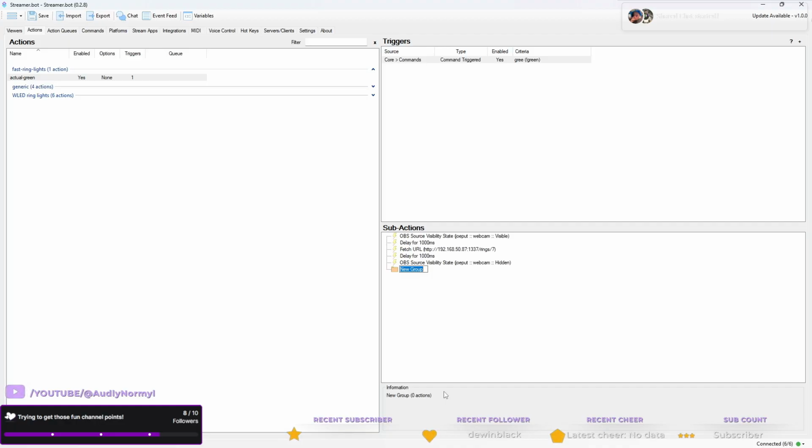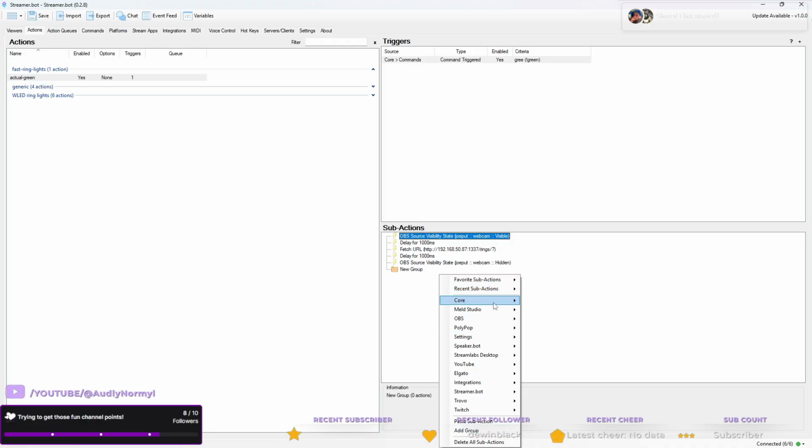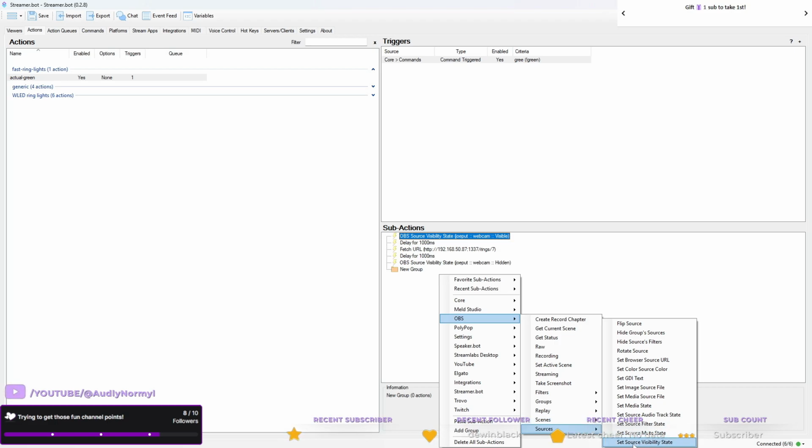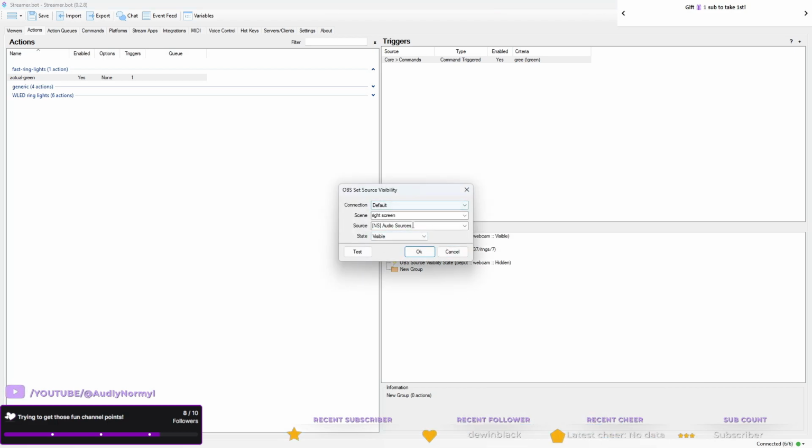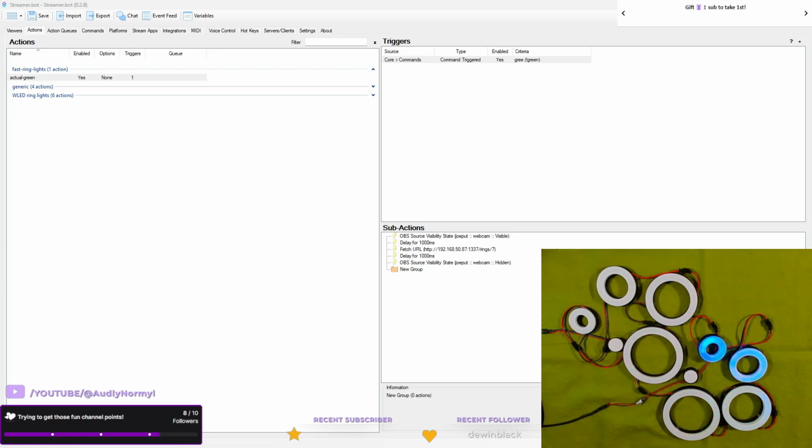Okay, so this is all of the sub actions that I just created. Basically, you just go into this menu. This was OBS, and you set the source visibility state. It brings up this menu. You can change what sources you want to use and how you want to change it. So in this case, when somebody types the command into the chat, we want it to become visible for the webcam to turn on, show what it's doing, delay for 1 second, go to the